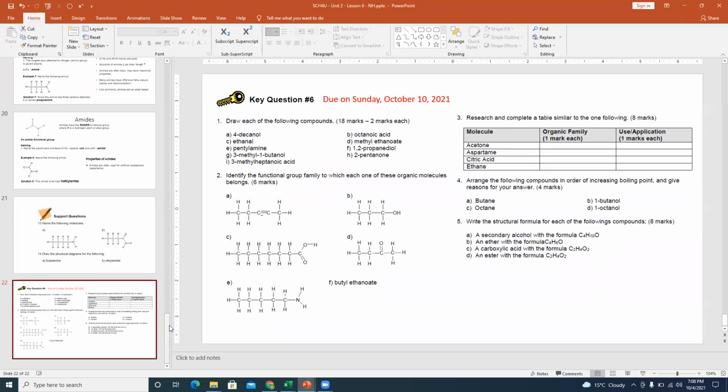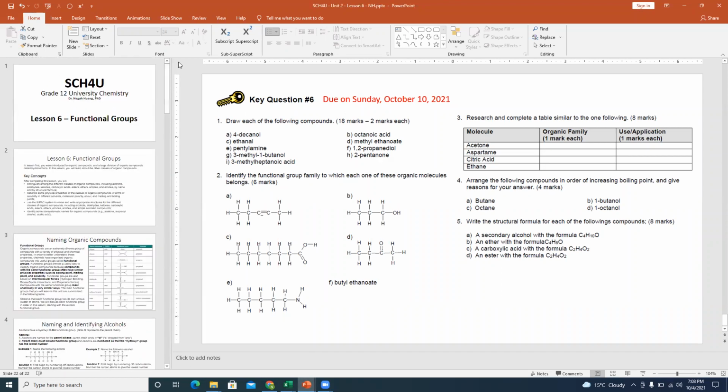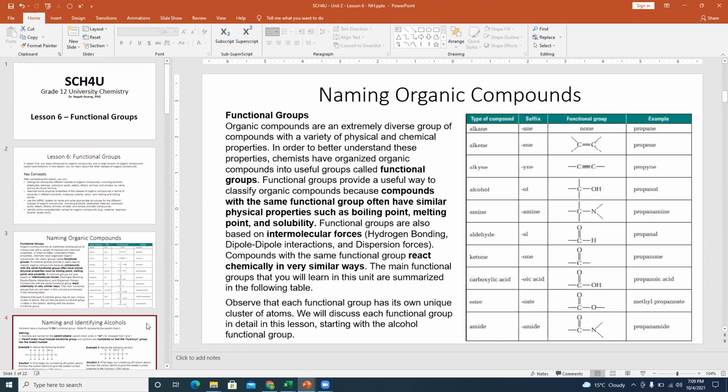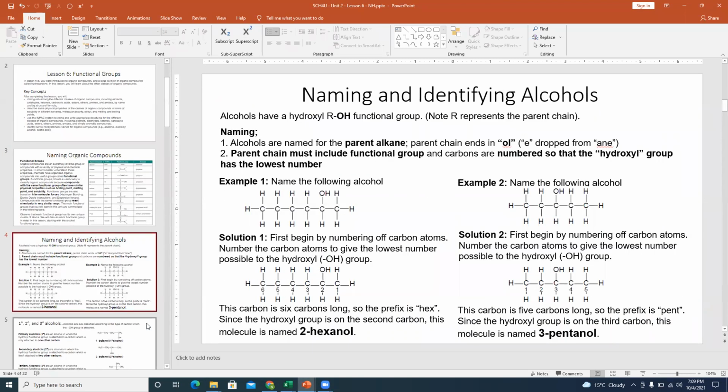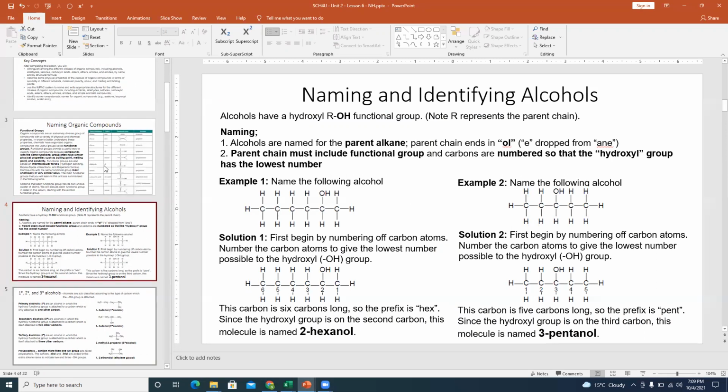Right, so we actually managed to get through this lesson fairly quickly. And I think it's because a lot of this is just rules that you have to understand and follow. And once you understand how to apply these rules step by step, you'll master being able to name and identify all of these compounds with their various functional groups of